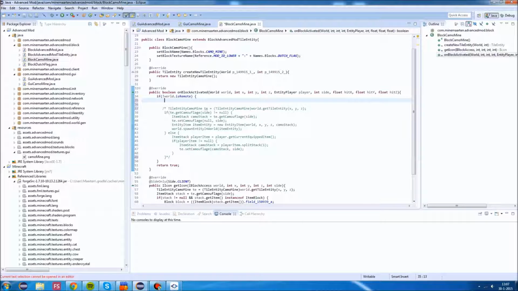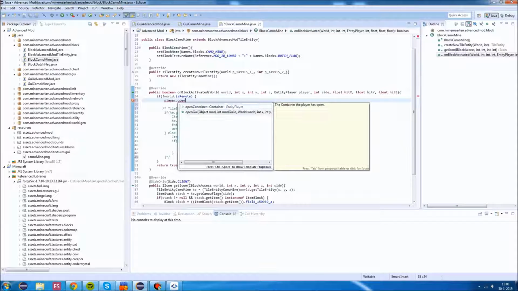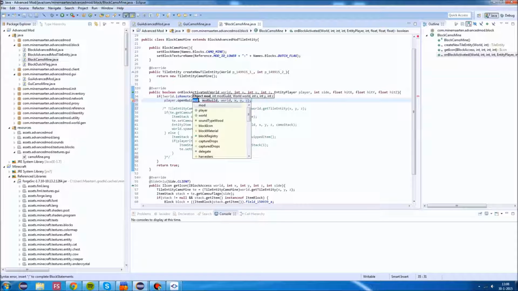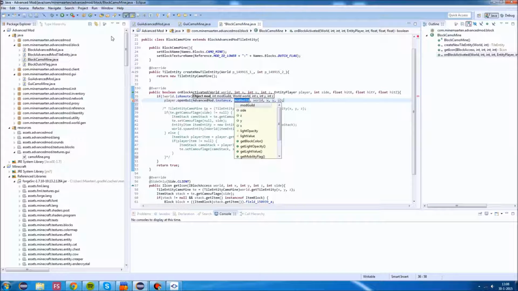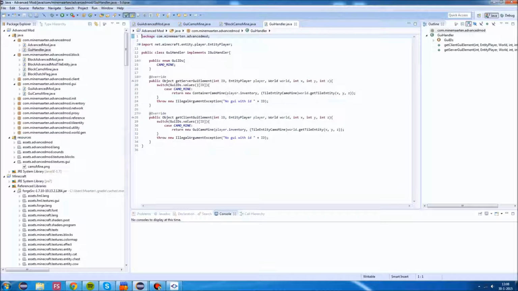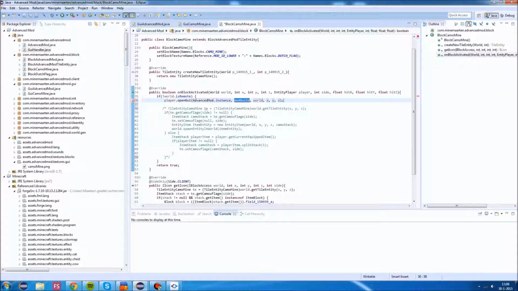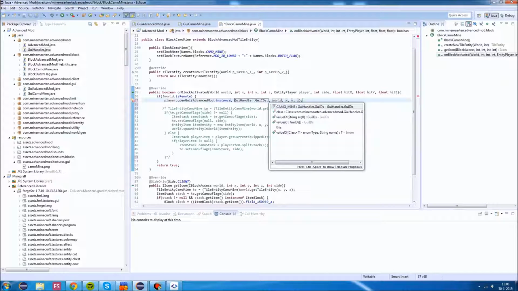To open a GUI, you need to do that from the player and from the server. So you need to make sure to have a not remote check and do a player.openGui. And we need to give the mod instance so we know from which mod to open the GUI, and that's our mod, so we can do the mod instance. And the mod GUI ID is the same GUI ID as in here. So we need to return the CamoMine ID. So we can do IGuiHandler GUI IDs CamoMine